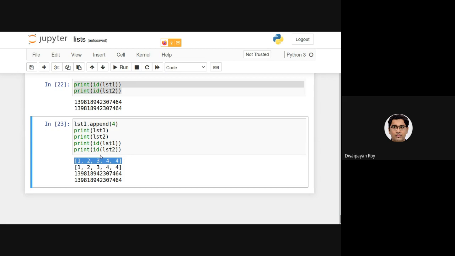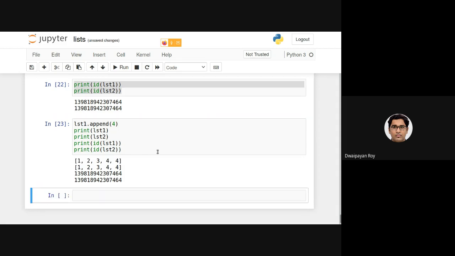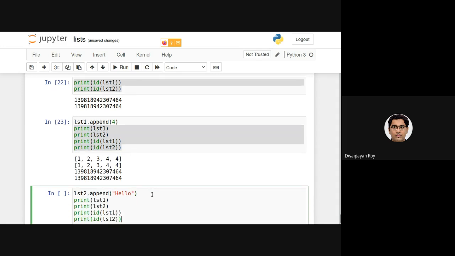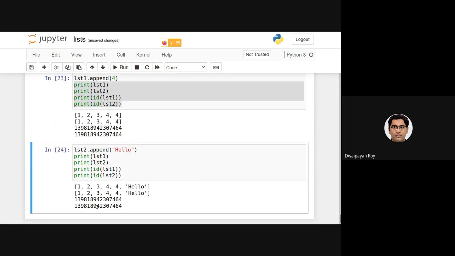That's why when I'm changing this list, either using lst1 or using lst2, say lst2 dot append hello, and if I again print it, you can see the change will be reflected in both the lists.